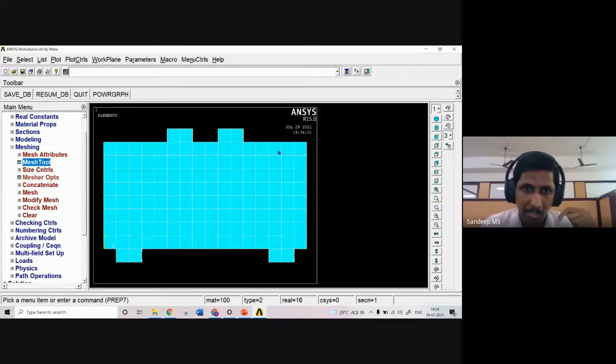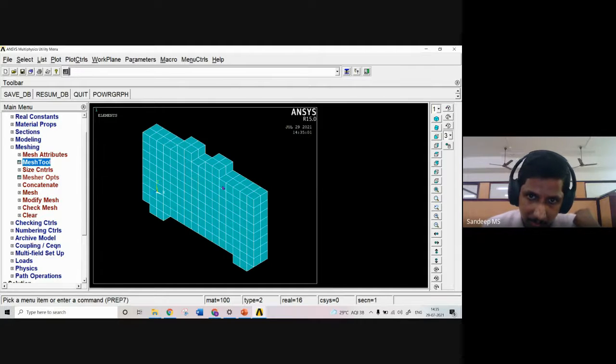Now I would like to repeat the point which I told you earlier. You can see when I meshed this concrete, the element length ended here, and we have a node at this particular point. If you take this, it will be more clear. For this concrete, I will have a node here. Similarly, for this bearing block also, I will have a node here. And at this midpoint also, I will have a node for my concrete as well as my bearing plate.